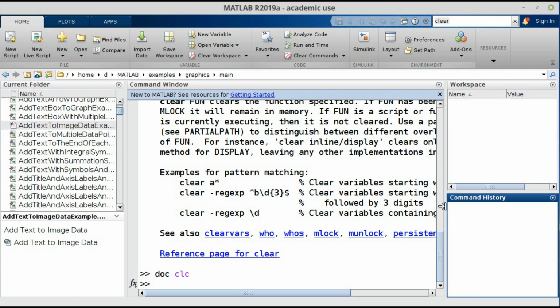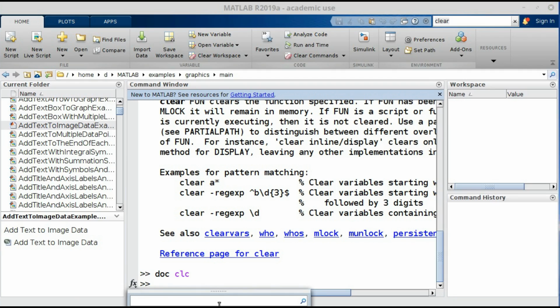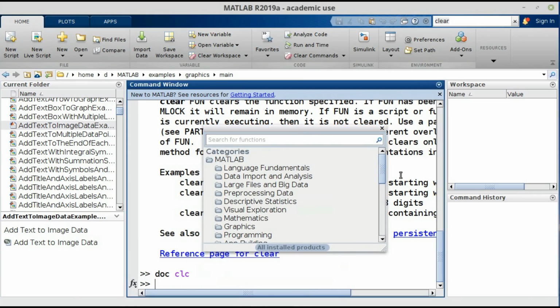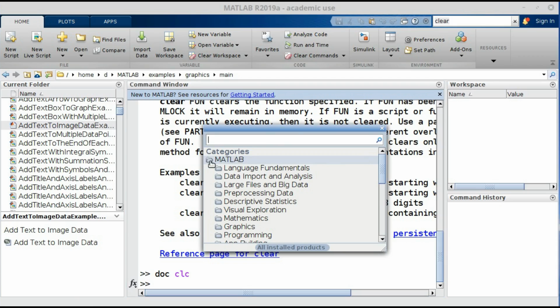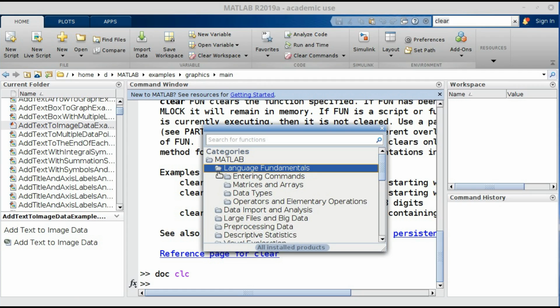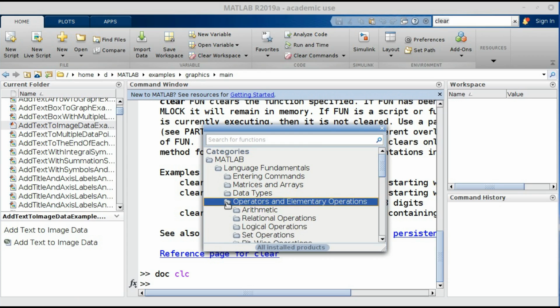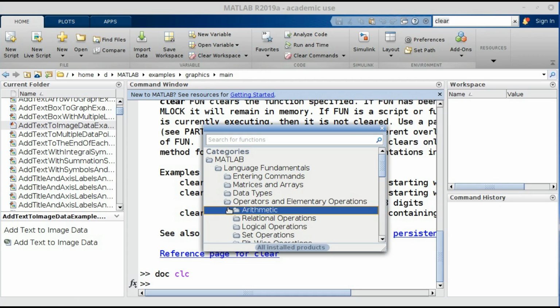Okay, we've noticed a little thing, maybe, that's really helpful as far as finding documentation: this little fx in the command window, or you can do Shift F1. If we click this, a window pops up like this, and I've clicked the MATLAB to open that menu a little bit, drill down a little bit, and we can do language fundamentals, and we'll look at operators and elementary operations and arithmetic,